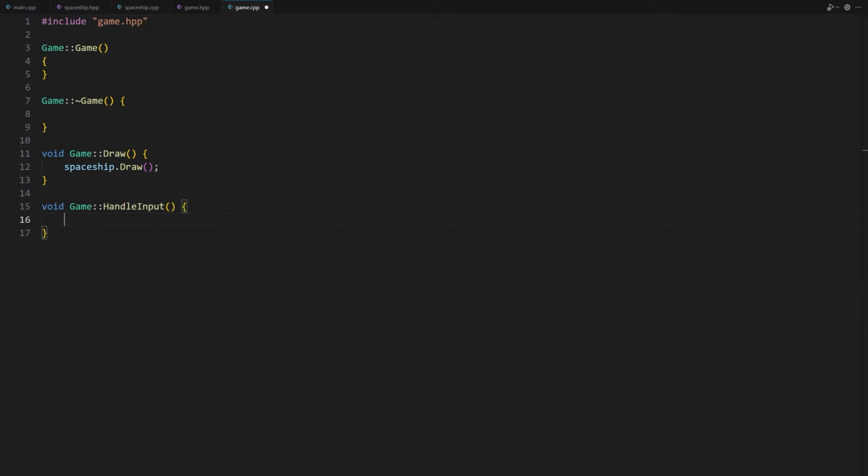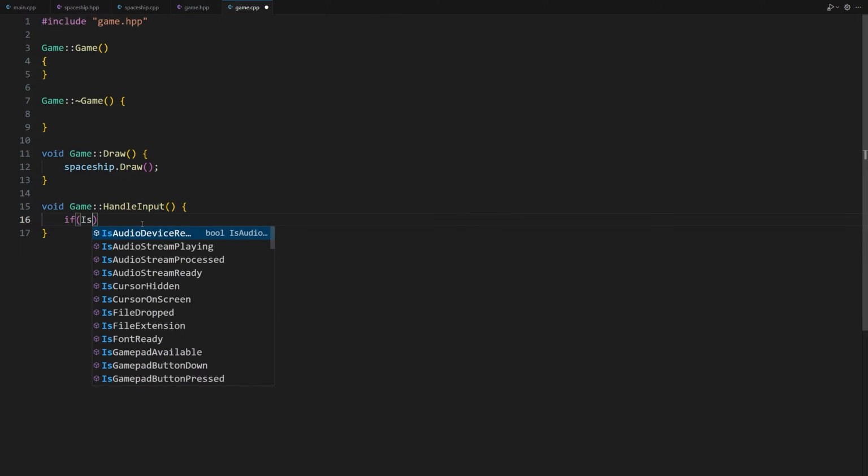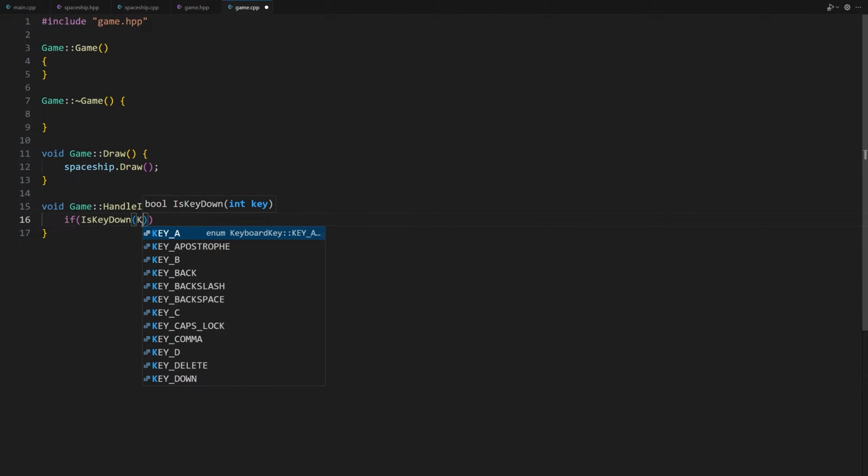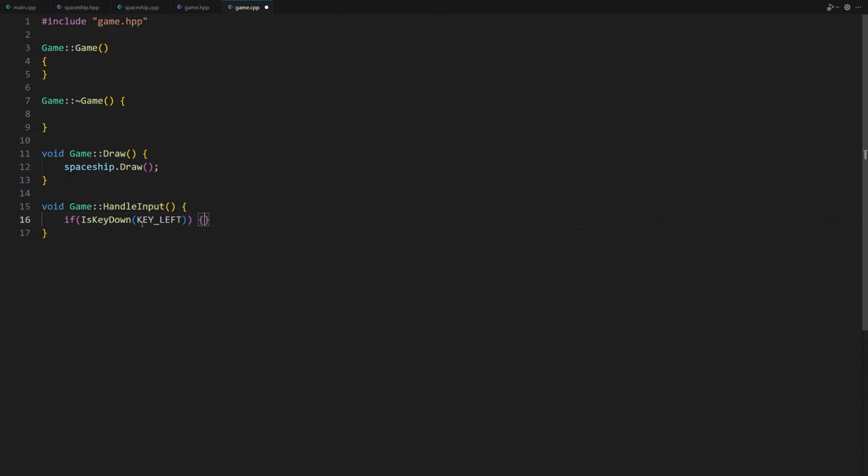Raylib makes it very easy to detect when the user presses a key on the keyboard with the IsKeyDown function, which takes a key constant as an input. So to check if the user has pressed the left arrow key on his keyboard, all we have to do is to type if IsKeyDown(KEY_LEFT) and curly brackets. Now we can just call the moveLeft method of the spaceship object, spaceship.MoveLeft().